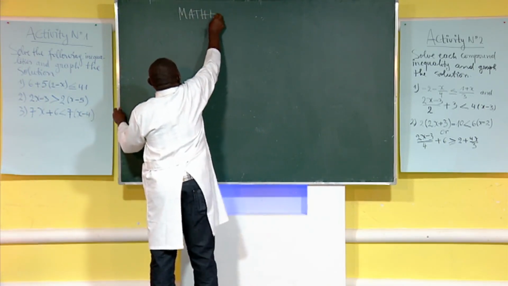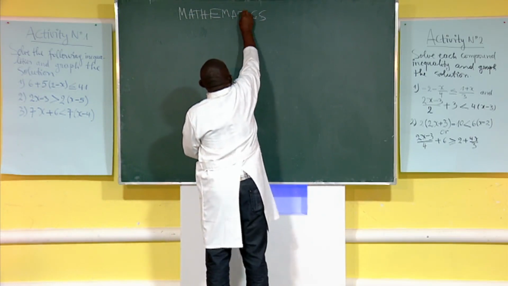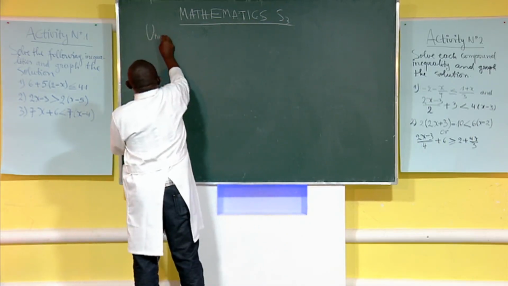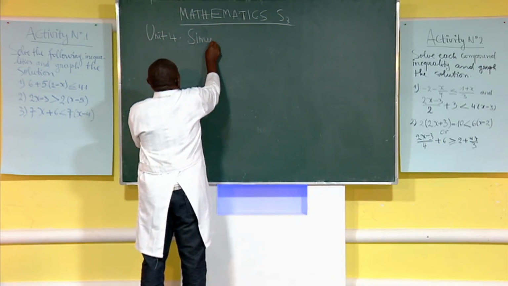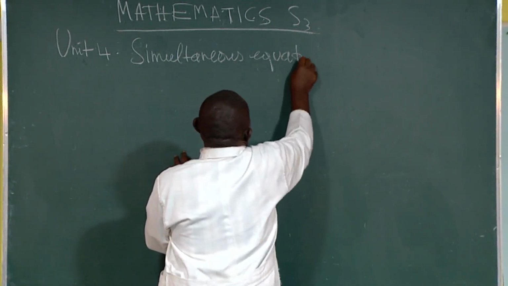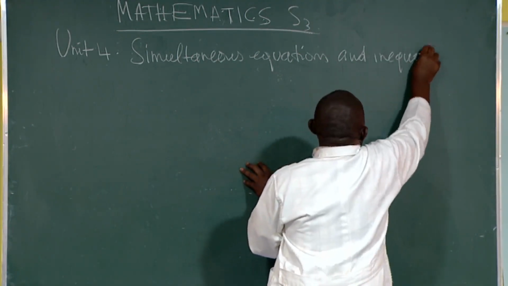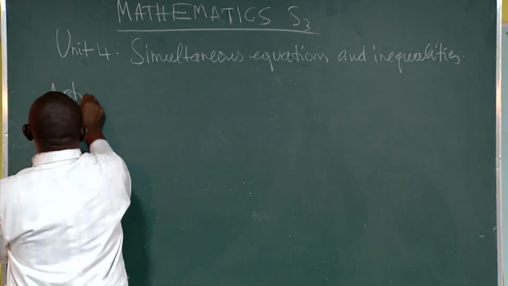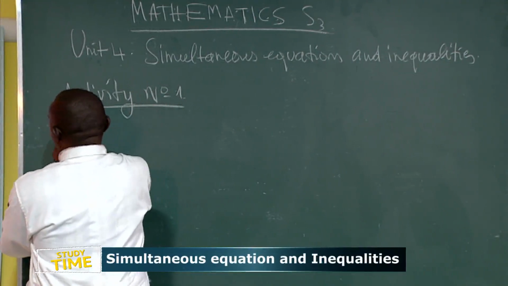Mathematics Senior 3. Unit 4. Simultaneous equations and inequalities. Then activity number 1, you have